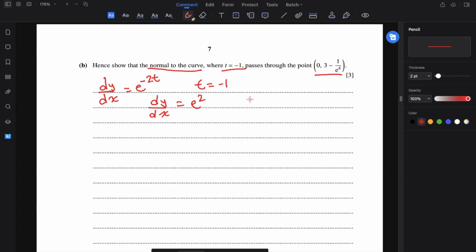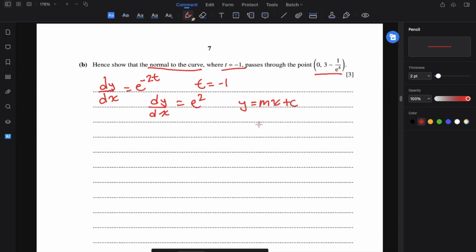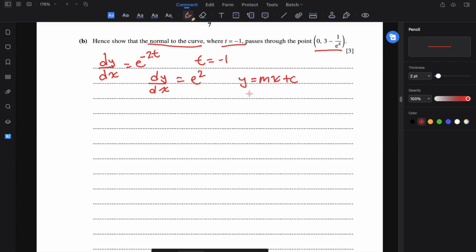So let us take the equation of the normal to the curve as y is equal to mx plus c, which is the standard line equation. So first let's find the gradient of the normal. Since the gradient of the curve is e to the power 2, the gradient of the normal, which is m, is the negative reciprocal of the gradient of the curve, which becomes minus e to the power minus 2. So now we know that the normal is y is equal to minus e to the power minus 2 x